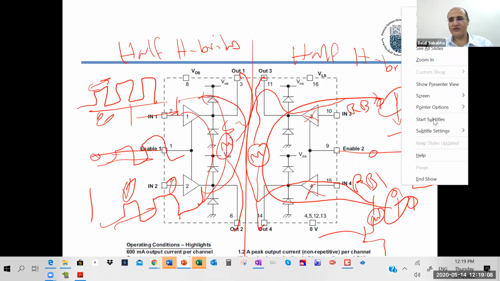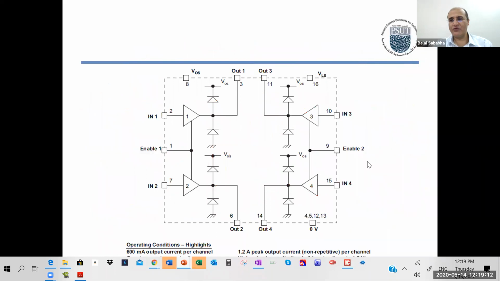Another way is to use the 2 halves. So this half, you can use 1 half to control 1 motor, but you cannot control the direction of the motor. You can control the, well, we can control the direction. We can. What we did here,